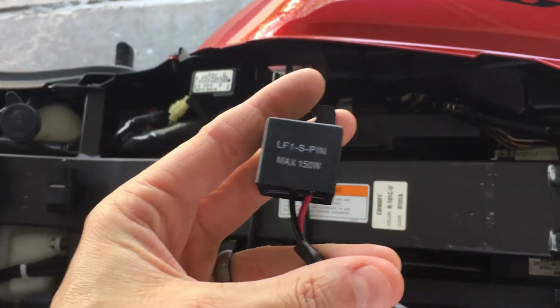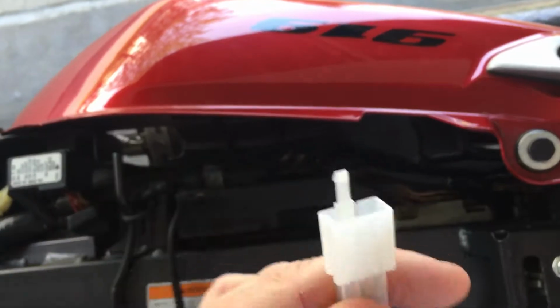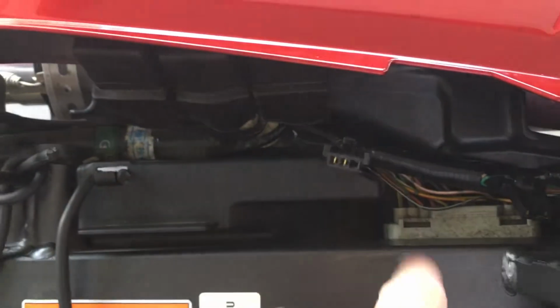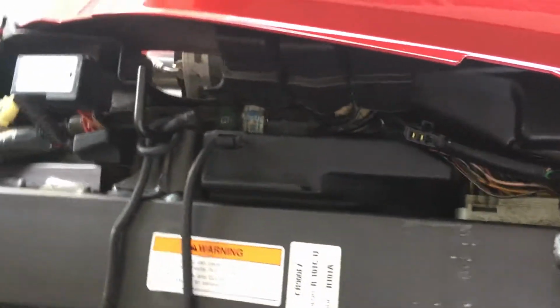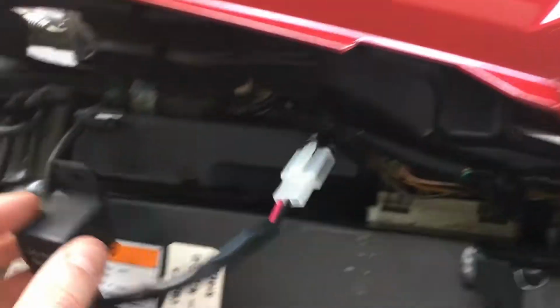It's $10. So now I'm just going to connect this end onto where I just took that relay off. I'm going to put the phone down because I can't do this with one hand, so hold on one second. Alright, just that easy. I clicked right in. I'll have to just mount this somewhere underneath the seat here, but if you now turn the bike on,